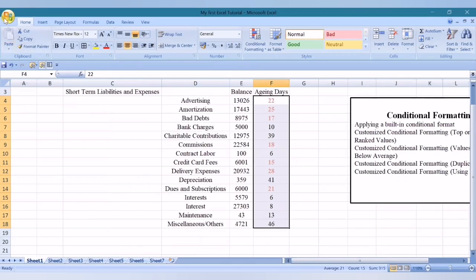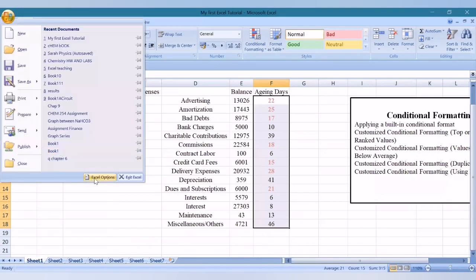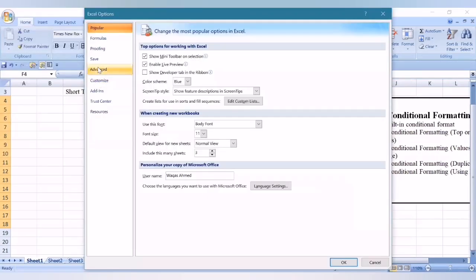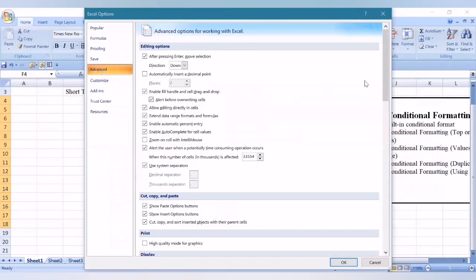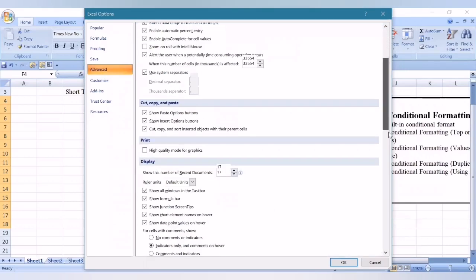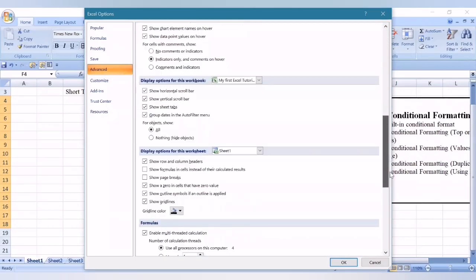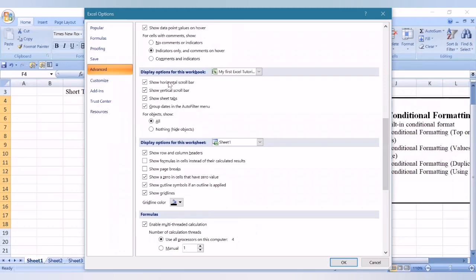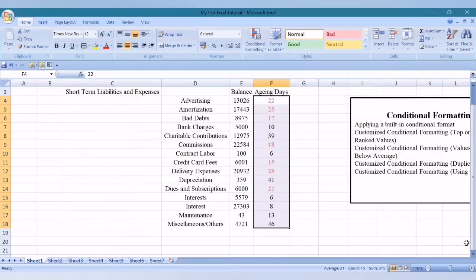For example, here we have the Office button, and you see the Excel options. In these Excel options, navigate towards advanced and go down to display options. You will see there are multiple options. Here is show horizontal scroll bar, show vertical scroll bar. If I uncheck show horizontal scroll bar and click OK, you will see the horizontal scroll bar